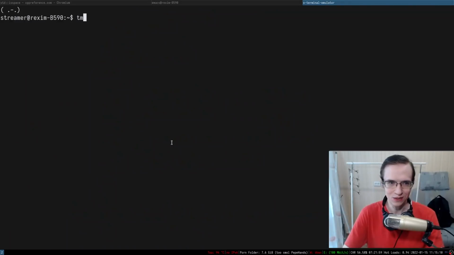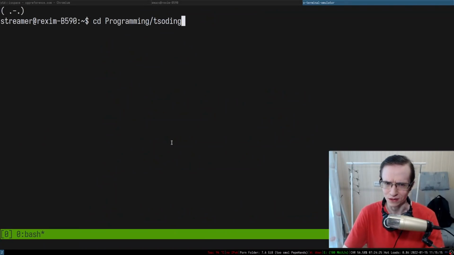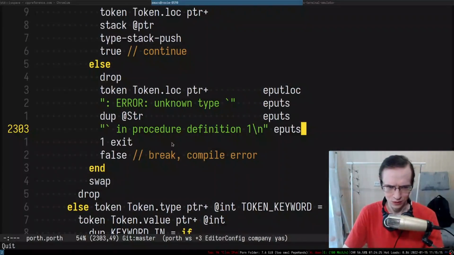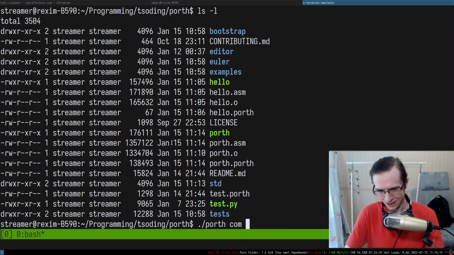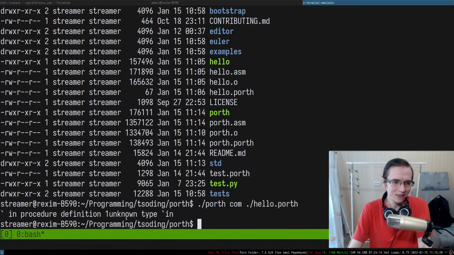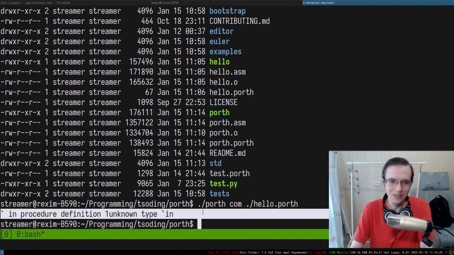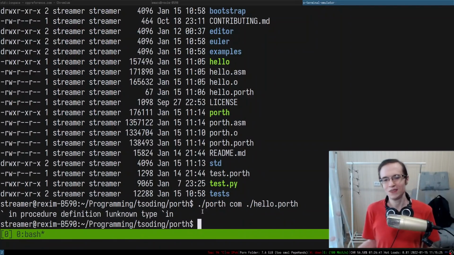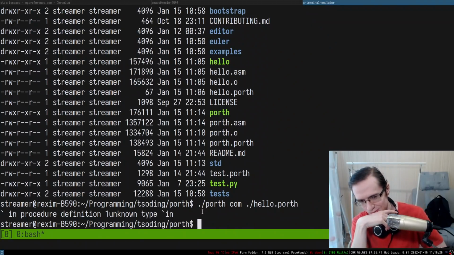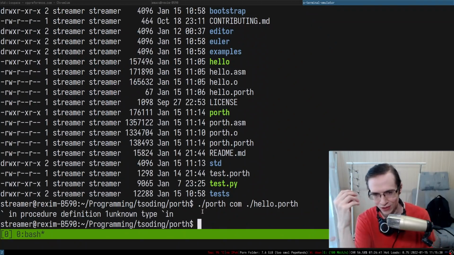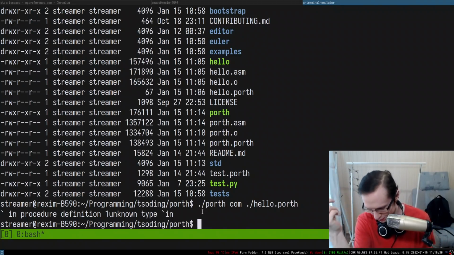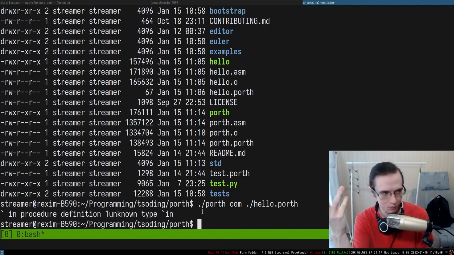Does it work in any other terminals? This is actually very interesting. Wait a second. So that's really sus. Hello, Porth. It's exactly the case. Holy shit, look at that. Yeah, okay, I see. So this is actually very bad. If you have some sort of special characters in the names, they can completely corrupt the compiler output, making it undebuggable.